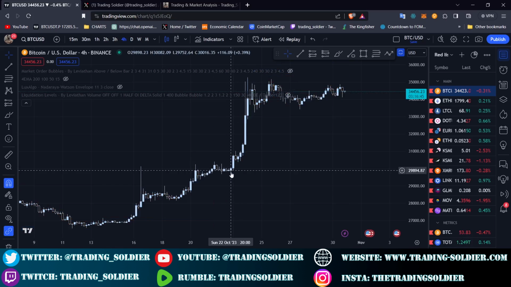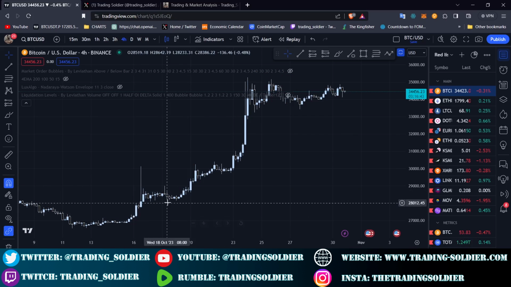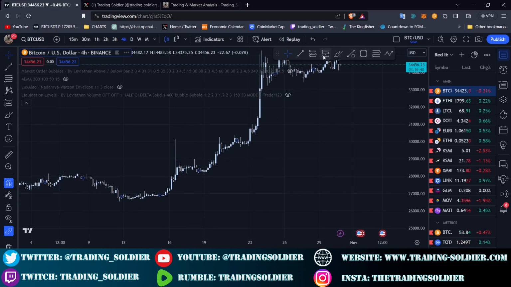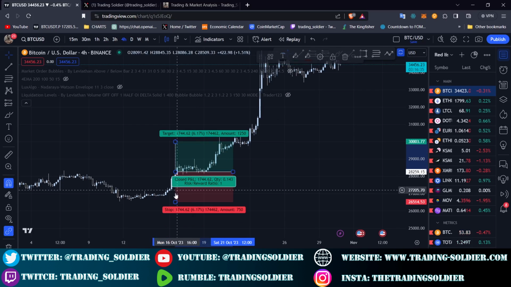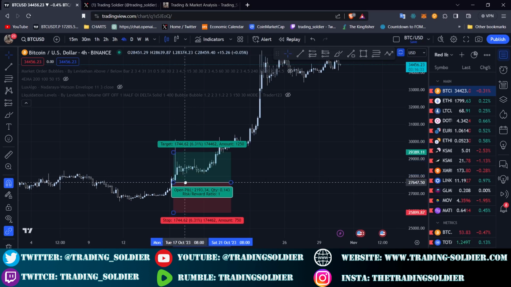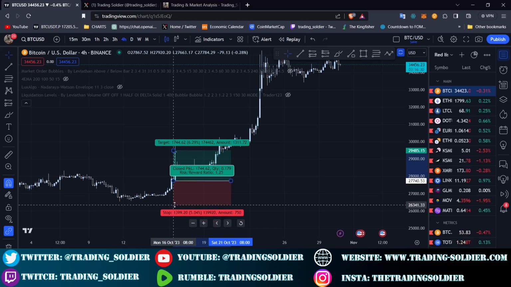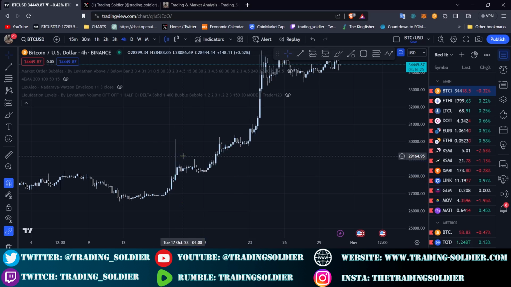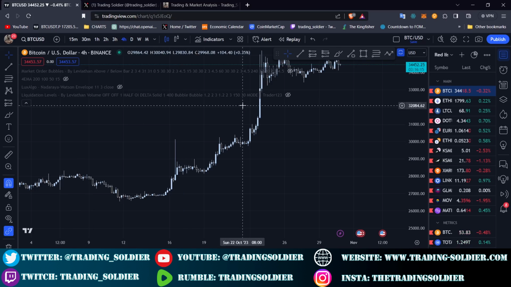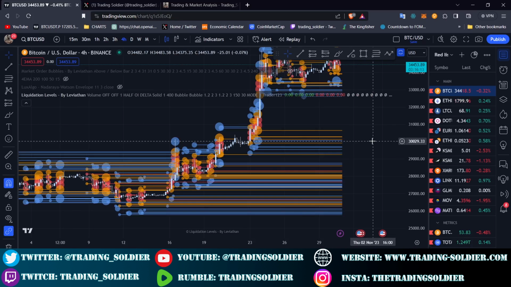For example, this is a swing point, this is another swing point, another swing point. So usually people tend to put, when they jump into a long, for example the entry here and the stop losses here, okay? Or the entry point here and the stop loss here. So usually the liquidation levels coincide with the point where people put their stop losses, or if they are over-leveraged, the same point where they entered the position. But if we switch it on, and if you are a beginner, this indicator will help you a lot